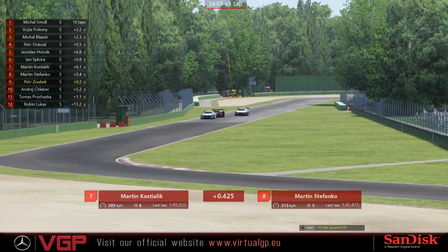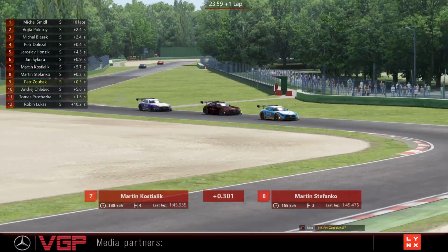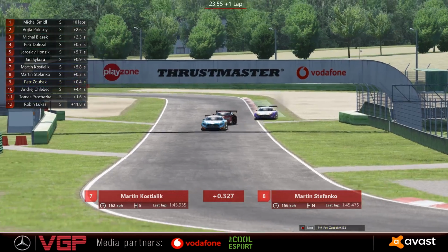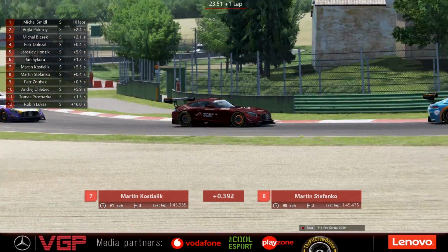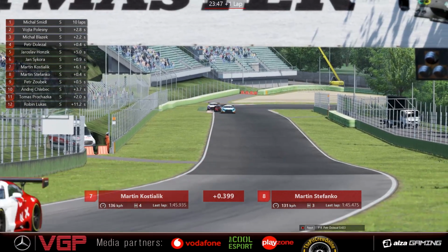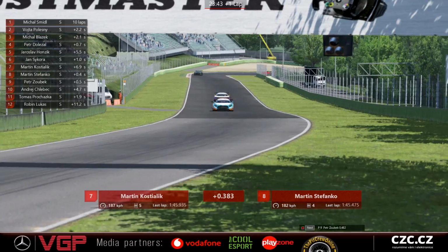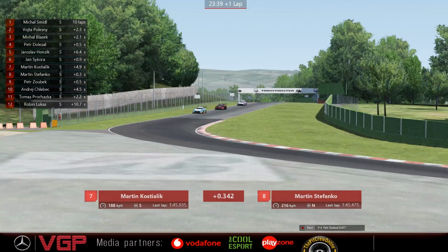We've seen some pretty aggressive stuff, and in fact, now Zubek looking like he maybe wants to make a move on Štefanko. These 3 guys are just glued together. They cannot be separated. Running over the curbs as you can, of course, in these GT3 cars, making good use of all of the track and then some. I mean, we even saw Martin Štefanko making use of the grass at one point to try and make that overtake on Kostulik, and it didn't quite work out for him,